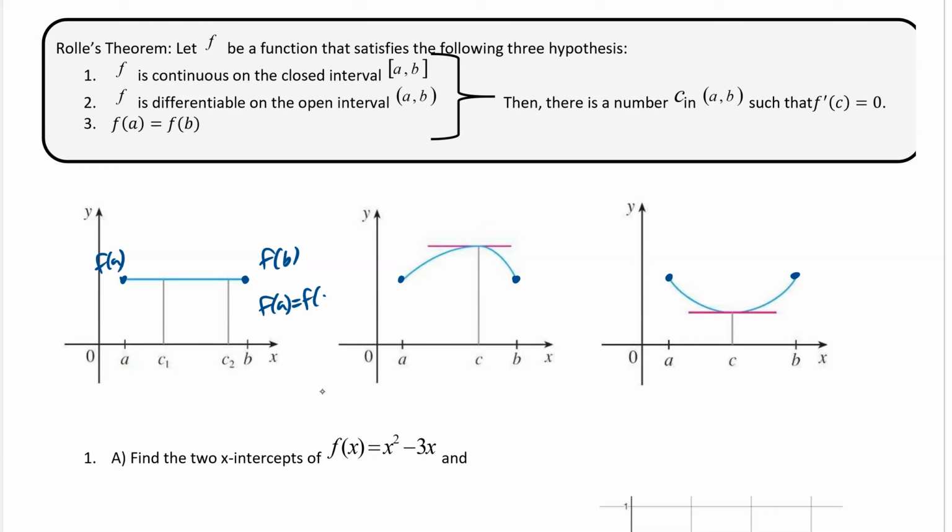If our f of a is equal to f of b, then the only way to connect it is either by going straight across, by going up, or going down. Now you can combine these and go straight across and then up and then down, but it's going to include these three together. So what that means is if you have these 2 points and you connect them continuously, well, you're going to have to create a derivative